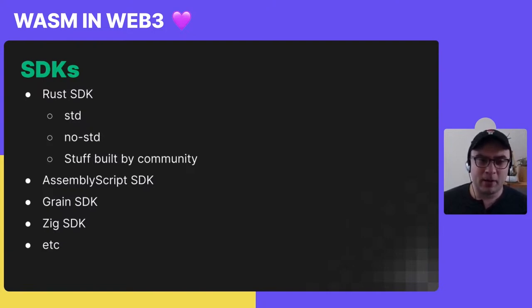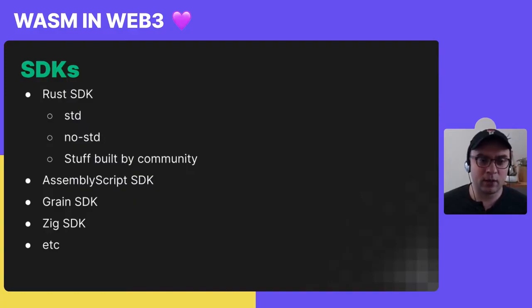Most of the time, the community actually wants to use the STD version of the Rust SDK because they do want to import lots of Rust libraries, and not all of the Rust libraries support no-STD mode. And so we had to really optimize an STD version of the Rust SDK. And there are also alternative libraries written by the community that you can use.